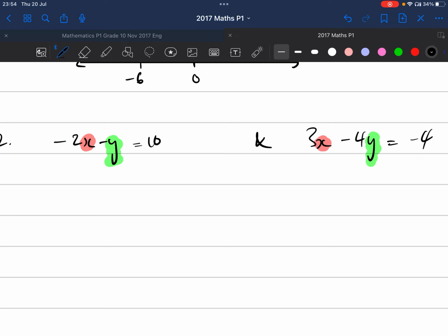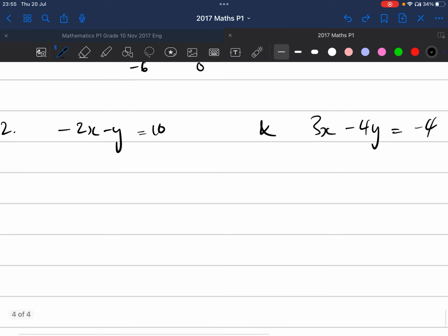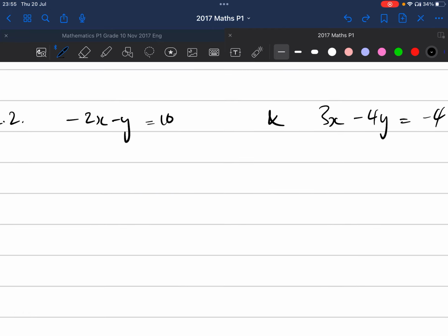The two unknowns are x and y. Now let's pay attention to the coefficients on each of those variables. We have minus 2 for x, minus 1 for y, 3, and minus 4. Just looking at that, it looks like the easiest one to isolate would obviously be y, because there's no number multiplying it, it's just a negative 1. So let's bring y to this side, so it will become positive, and let's bring 10 to that side. So now we have minus 2x minus 10